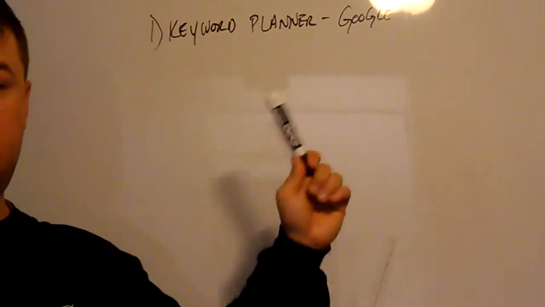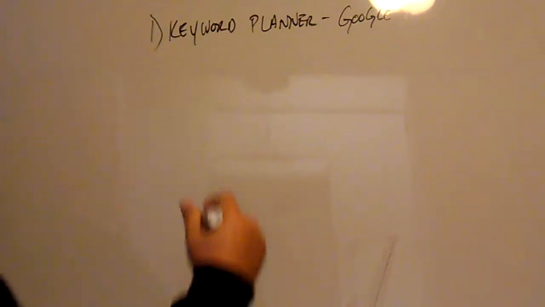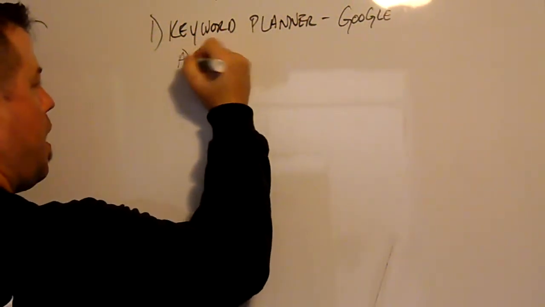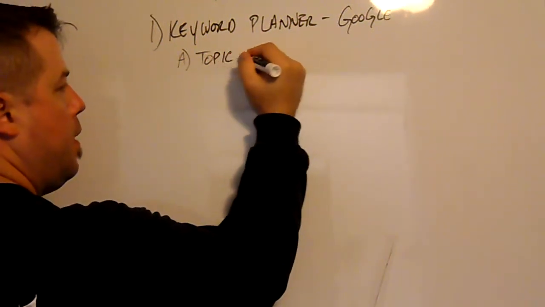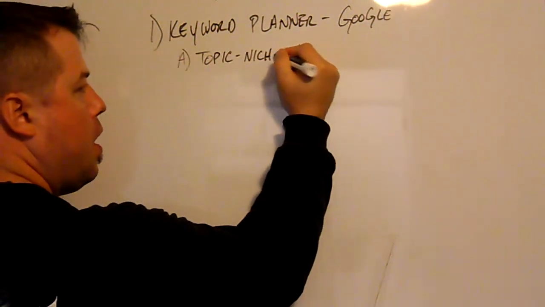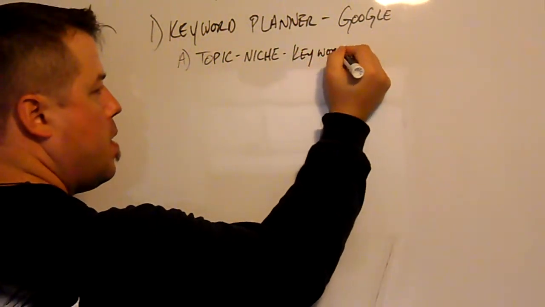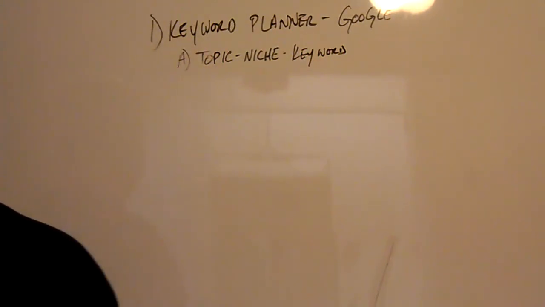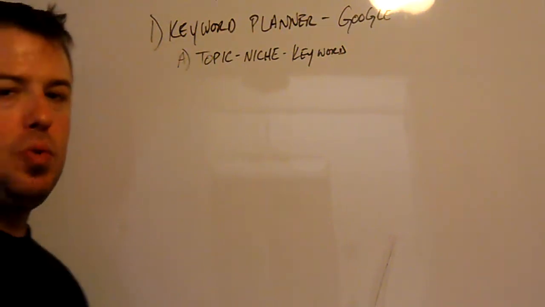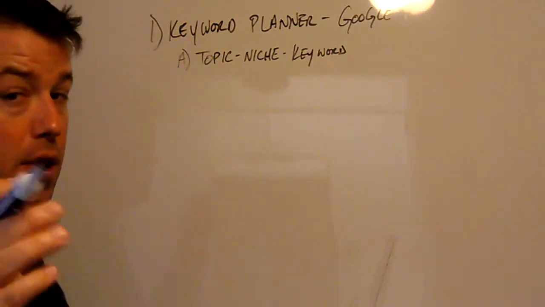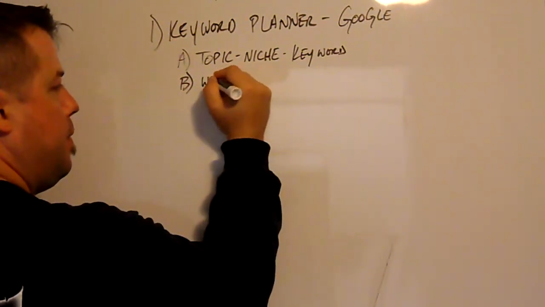So there's a specific way that you can pull keywords based off of a couple things. One, it could be keyword specific, so whatever your topic or niche or keyword. If you already have a website and you already have some kind of keywords or some kind of ideas of what you want to do, that's okay. So then what leads me to my next point is B, a website.